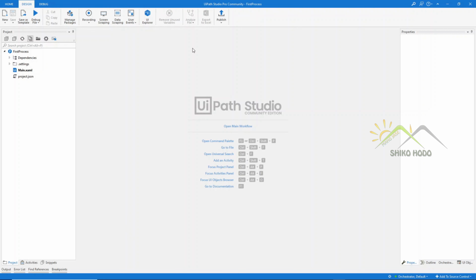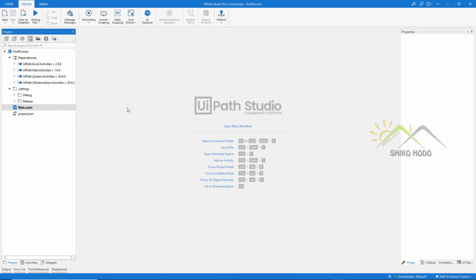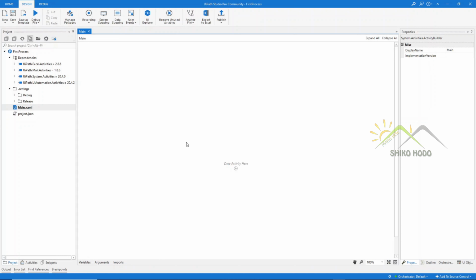As I have told you, the project is going to contain all the dependencies, its configurations, and its own automation files. If you see, first process is the name of the project we have created. Under that, it has all the dependencies and its own files and configurations, and at last Main.xaml. This is the file which we are going to use for our automation activities.